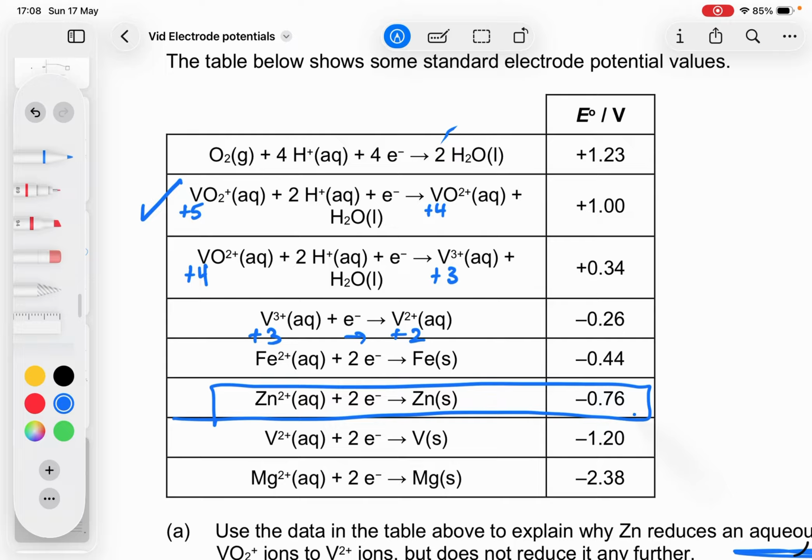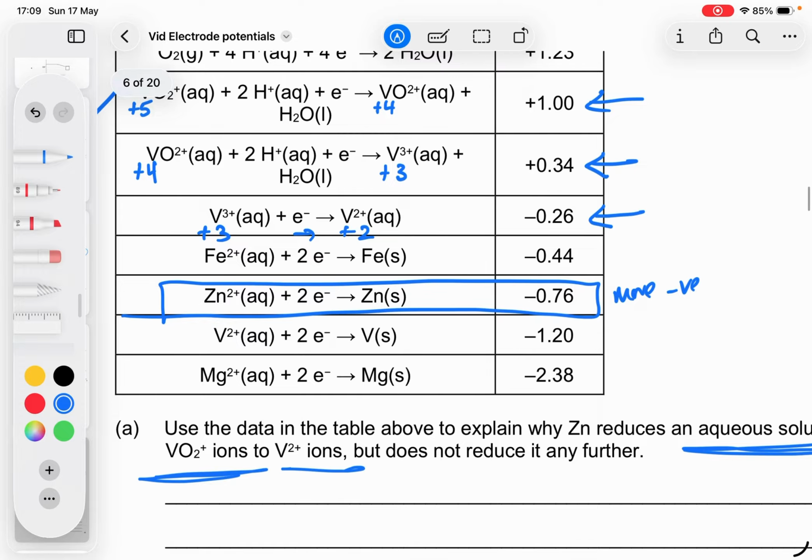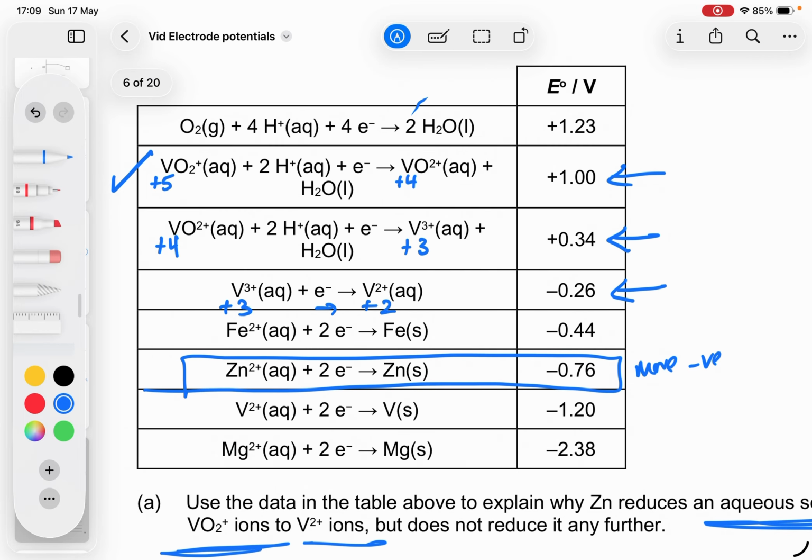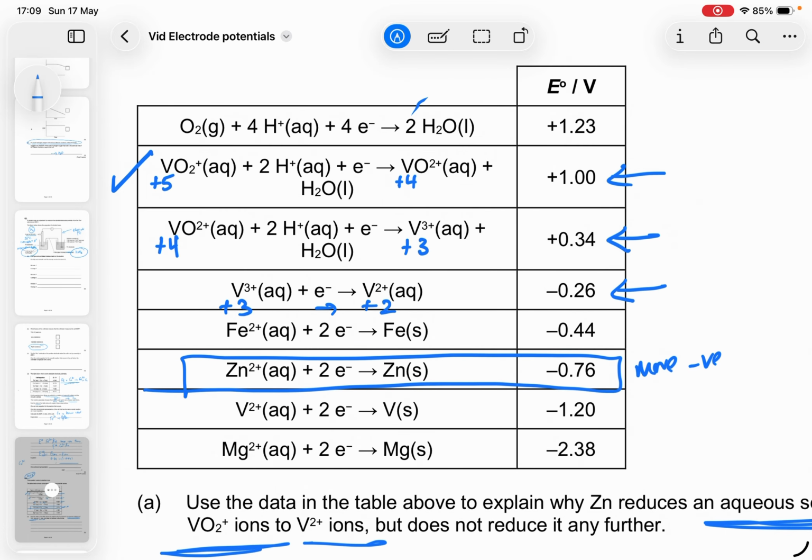Because zinc is more negative than all of these 3 values we're looking at. So just as we answered the question above between iron and copper, use the data to explain why zinc reduces it, because for each reaction, if we look at it, when zinc reacts with the first reaction, your electrode potential value is 1 minus